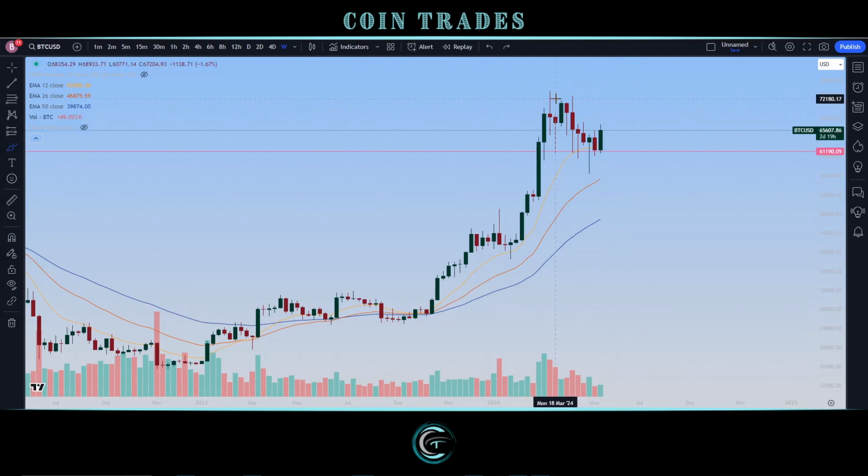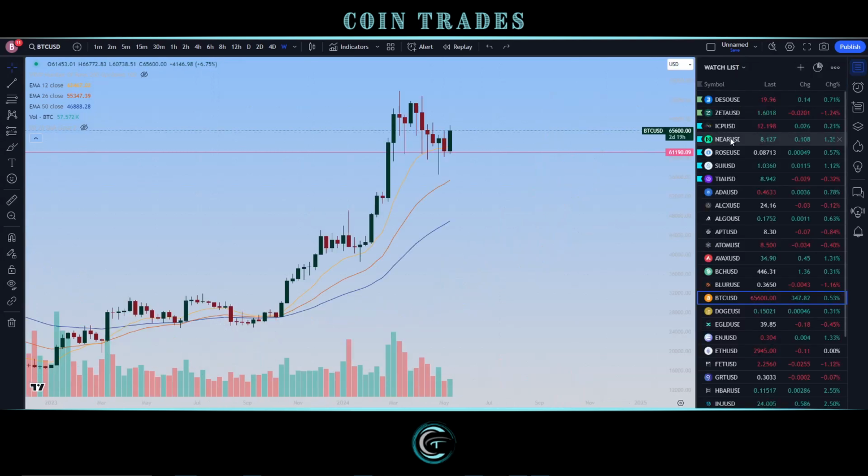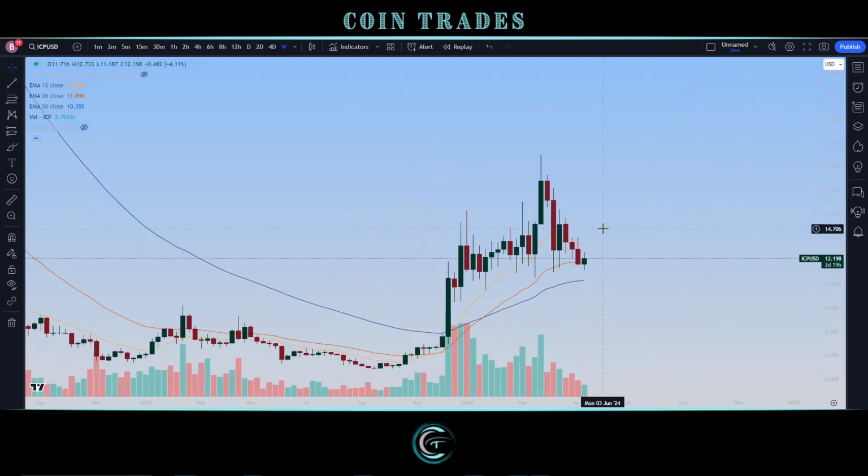Now, it is still very possible that we ultimately end up going into a little bit more longer term consolidation for Bitcoin. That's not necessarily a bad pattern at all, and especially if it does do that, then that could potentially lead into a scenario for an altcoin rally. But even if we do see altcoins just sit sideways for a little bit, that's not the worst sign ever, especially as we head into the fall when we're anticipating a much greater movement from historical trends. So definitely something to be considering and keeping our eye on, but otherwise ICP is still looking very